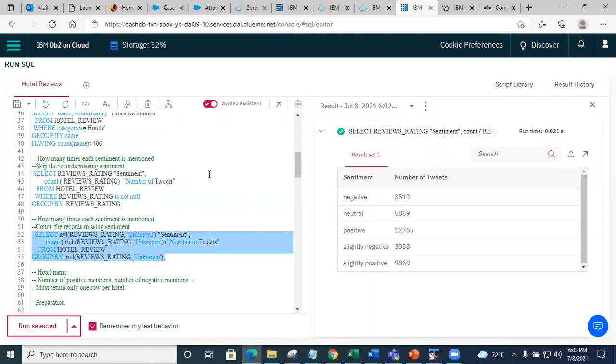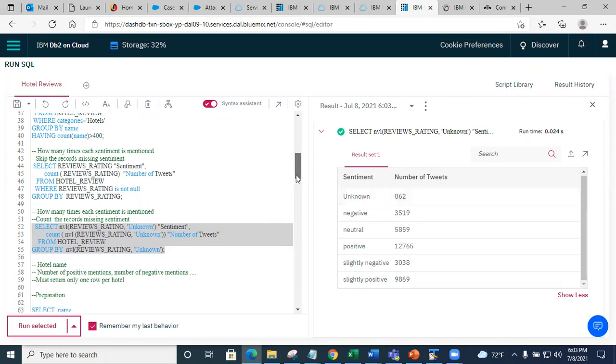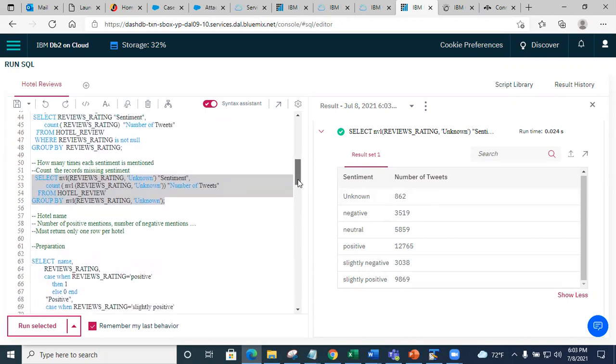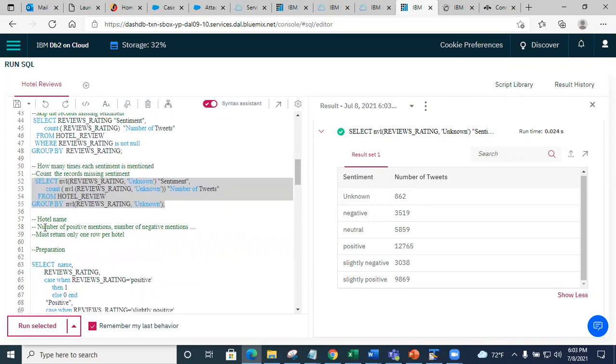So in this case, I'm saying that if it's missing, then I'm going to treat it as unknown. And then when I click show more, you're going to see that this is unknown. I also want to see the counts for unknown sentiment.